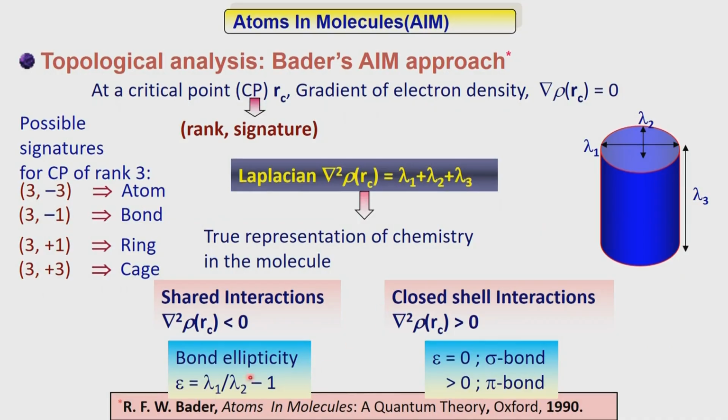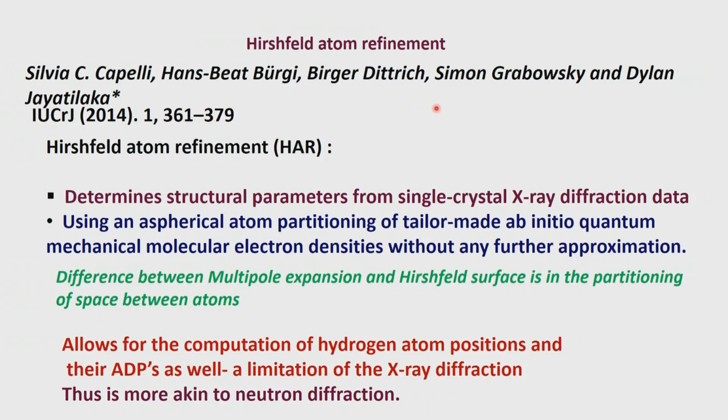So if we define a value epsilon, which is referred to as the bond ellipticity, as we mentioned again and again, it is not the central straight line distance between the two carbon atoms. So this bond ellipticity tells us the nature of the bond. If the epsilon is exactly equal to 0, it represents a sigma bond. If epsilon is greater than 0, it represents the nature of a pi bond. The fact that we can use multiple atom modeling to look into the topological distribution is a very nice idea, because we now know whether the given chemistry can be represented for a molecule and so on. We will take examples.